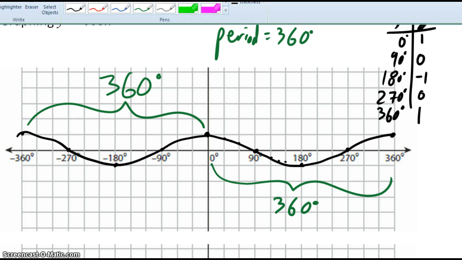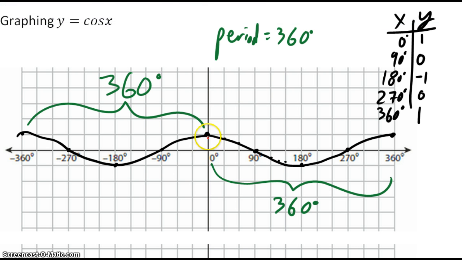And also, just like sine of x, it's the same amplitude. You can see that this distance here and this distance here, that's 1. That's the amplitude. So there's an invisible 1 there, and that's the amplitude. So that's how to graph y equals sine x and y equals cosine x. You'll notice cosine is different because it starts at the peak. At the y-axis, it's at the peak. So, one way to think of it is that cosine,